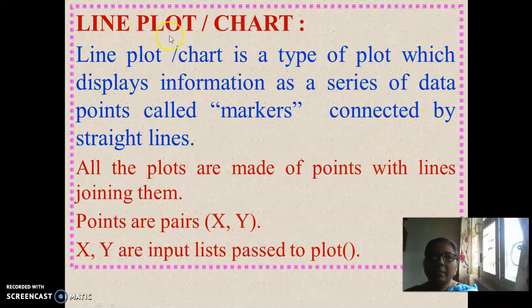We call that type of chart the line chart. Points are nothing but the x coordinate positional value and y coordinate positional value. So it has to be given along with the plot method inside the parenthesis. Arguments are the parameters that come inside the parenthesis.